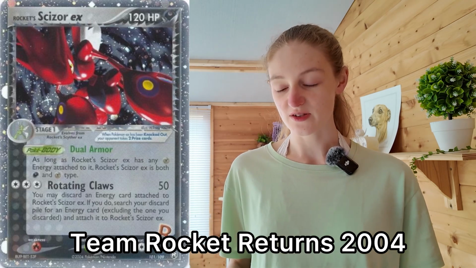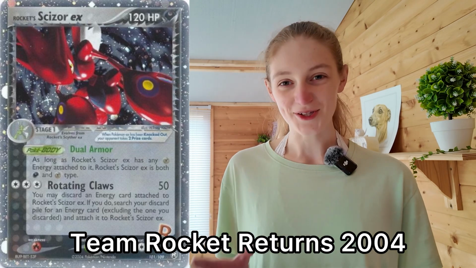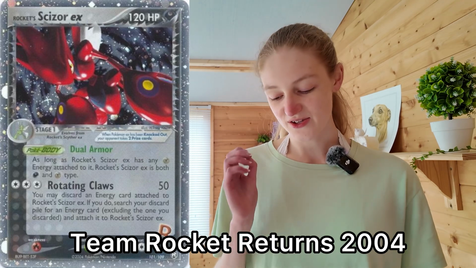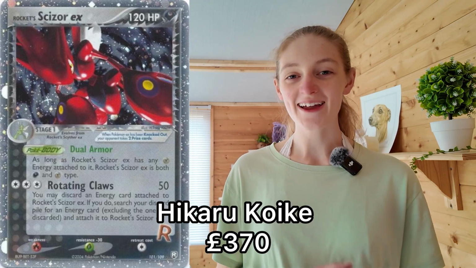But I didn't like going with this one here from Team Rocket Returns in 2004, sorry. This one doesn't show all of its body properly, but I think it's too cool to not pick it. It has that same sort of holo effect, so I just think it's such a cool card. And it's a pretty big one as well. It was illustrated by Koike and last sold for